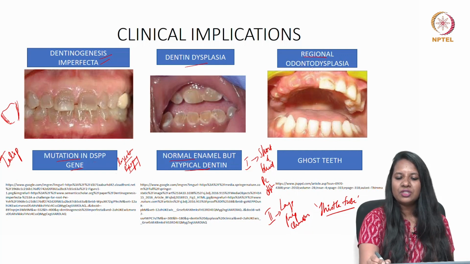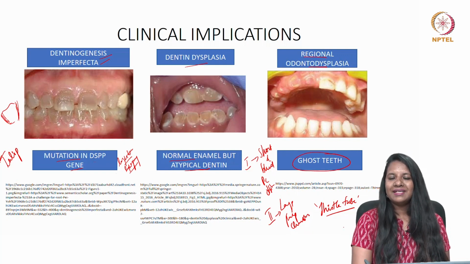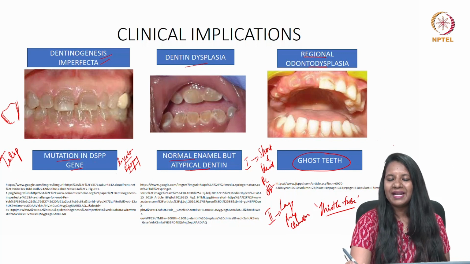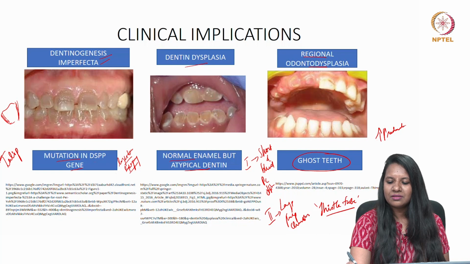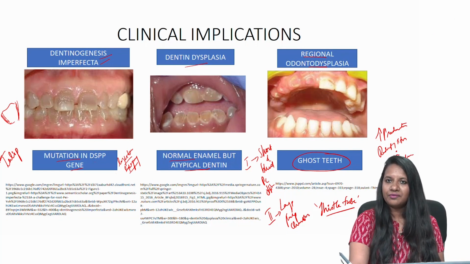Then moving to regional odontodysplasia, otherwise known as ghost teeth, which leads to the retarded eruption of most of the teeth. Okay. Here there will be normal enamel, but there will be increased predentin width and there will be a greater amount of radio-opaque structures in the pulp chamber, and there will be presence of interglobular dentin too, because there will be a defect in the fusing of the globules of minerals.